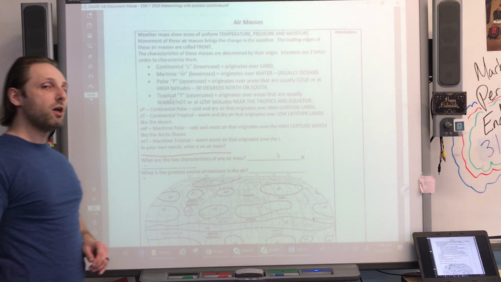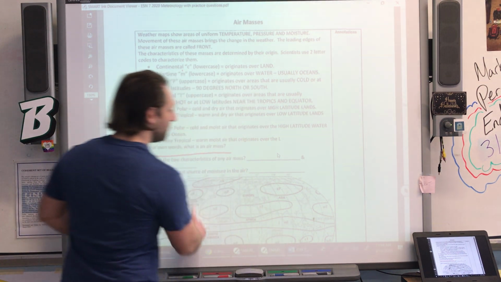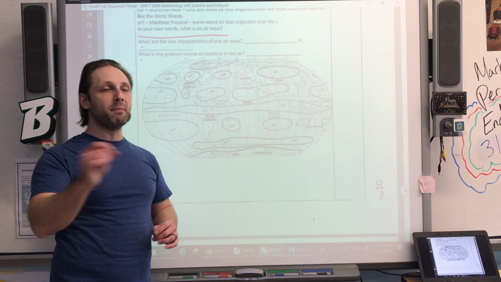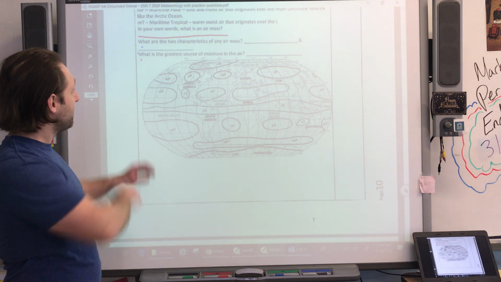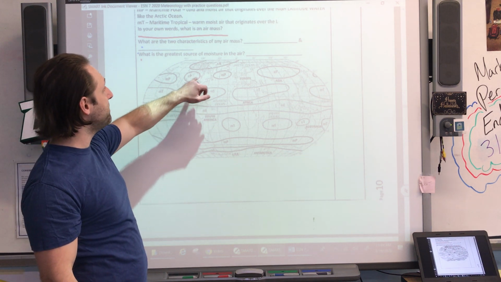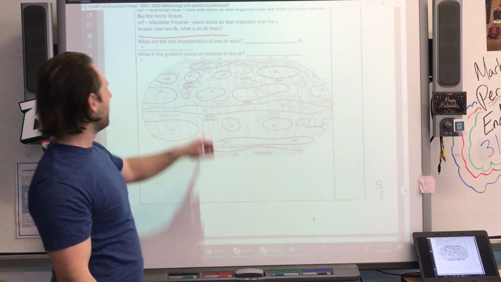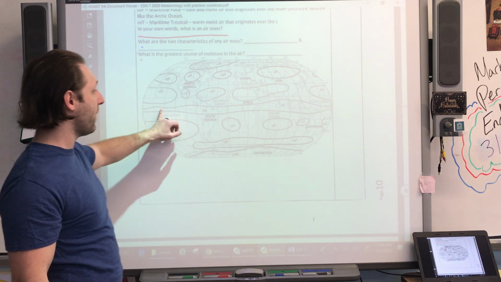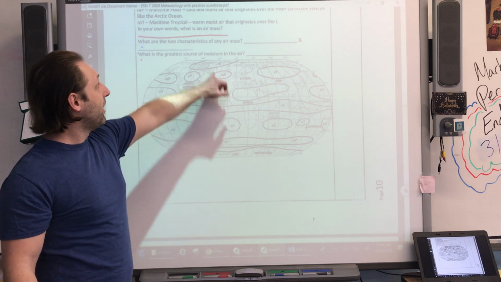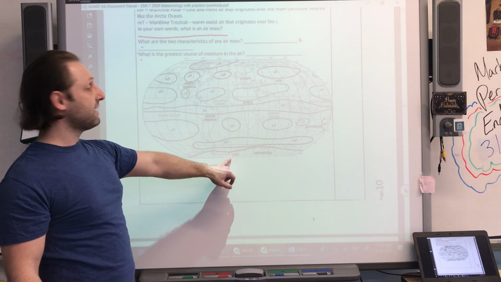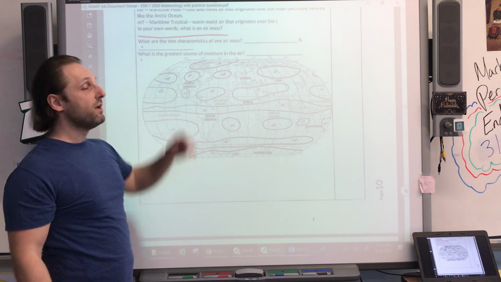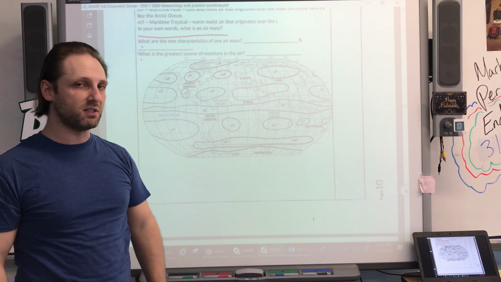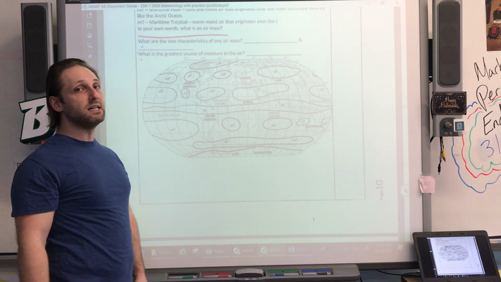What is the greatest source? The ocean. So down here, I've got a map that shows you generally where we have certain air masses forming on the planet. So you can see your MTs, your CTs, your CPs, your MPs, your CTs, your MTs. Oh, that's an ME. That means maritime equatorial, like right at the equator. A CA up here is continental Arctic, down here continental Antarctic. So they do give some more specific codes to those, but typically we can still kind of refer to them as CPs or CP